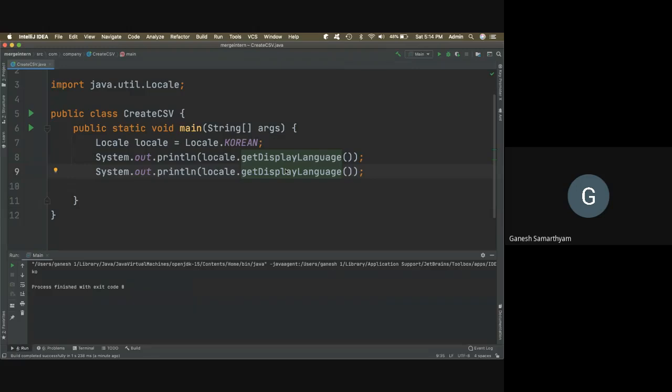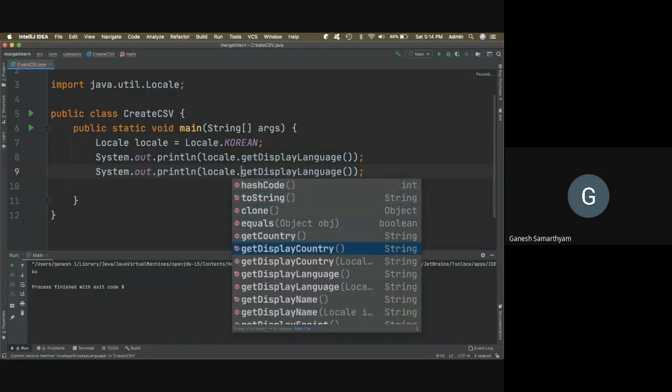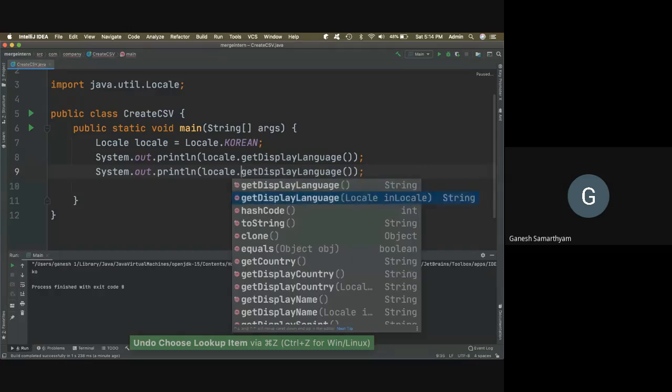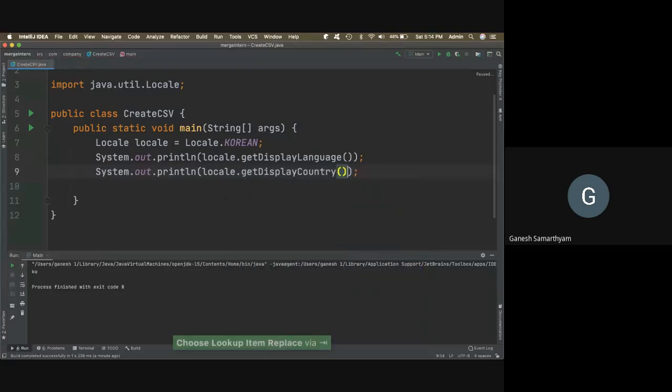Now this is a very interesting technique, right? If I select something like this and say display country, you'll see that I get syntactically improper code. What I want is, when I press a dot here and set something else, for the selected item to replace the existing code instead of adding to it. For that, you have to press Tab. And like magic, it will replace the existing code with what you have selected, right?